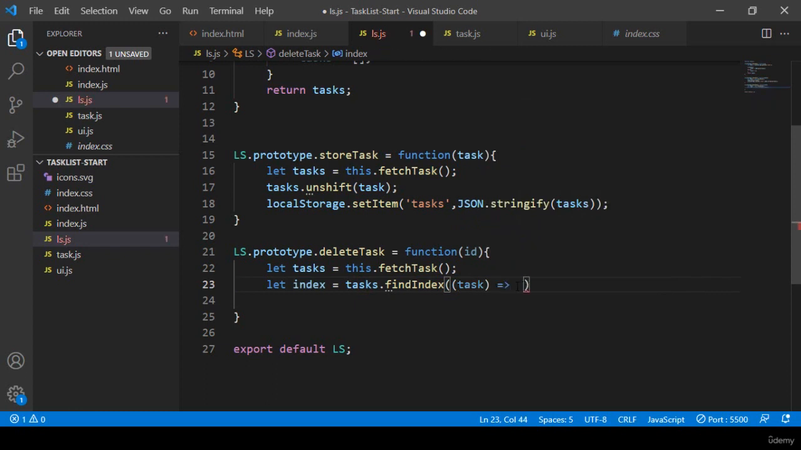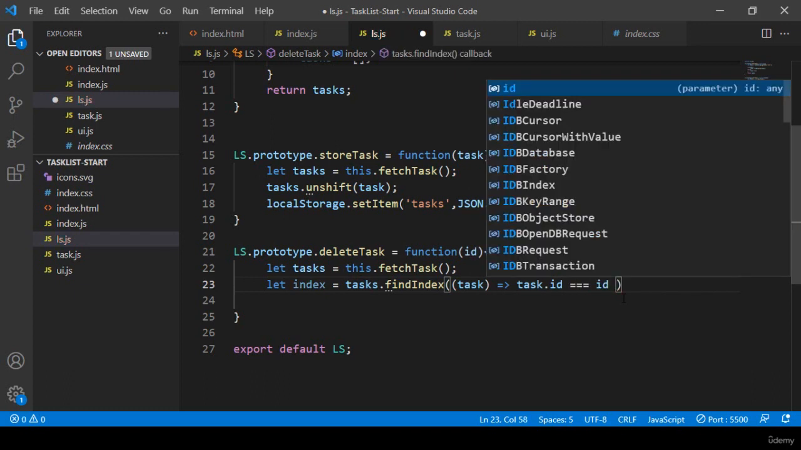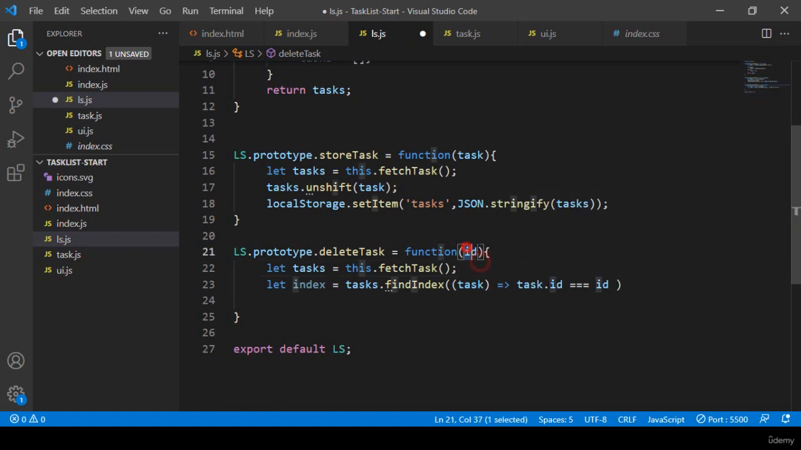Here I want to put one condition: when our task ID is equal to our ID. That means that is the parameter I have passed as the ID. When that matches, I want to get this matched data and take it with this index. Great. And now I want to splice it. That means only one data will be deleted. So now with this task I want